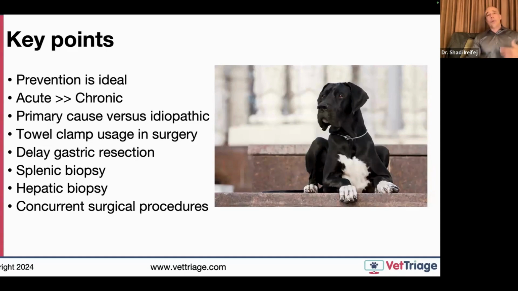Along the same lines, what if they have a condition that the owner knew about that's elective, and they now want you to tackle it at the same time as a GDV? And so this brings me down to that last point here, concurrent surgical procedures. We've all had this happen where you're going to perform a life-saving surgery, a hemoabdomen or a GDV or whatever, and the pet owner is like, hey, by the way, while you're there, can you neuter them? Can you remove that mammary gland tumor? Can you remove those bladder stones? Veterinarians often get frustrated by that question because we're thinking the priority is a life-saving measure. However, I would argue